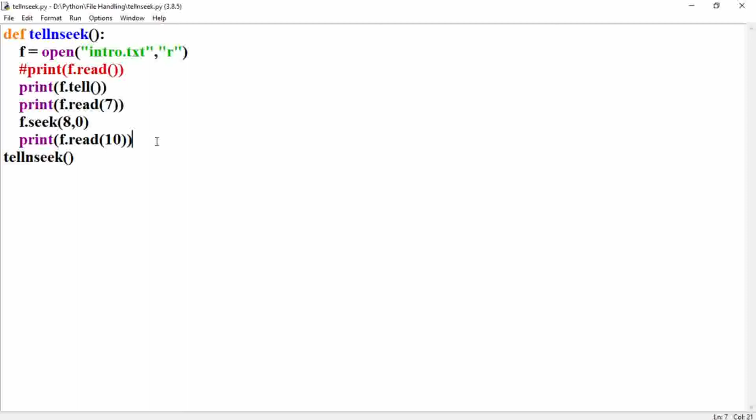So let me use this f.tell one more time. Here I want to move to the next line with f.seek. Now how will you move to the next line? That is also a good question. Suppose you want to move to the next line. So print readline. By readline it will read the line, whatever line you want to read. Suppose readlines, then here you can use 1.